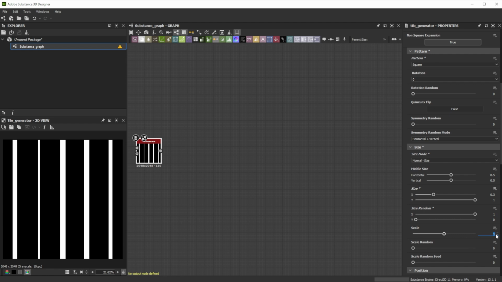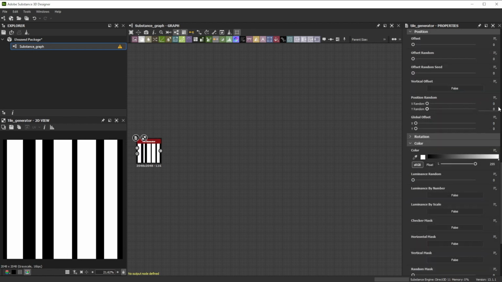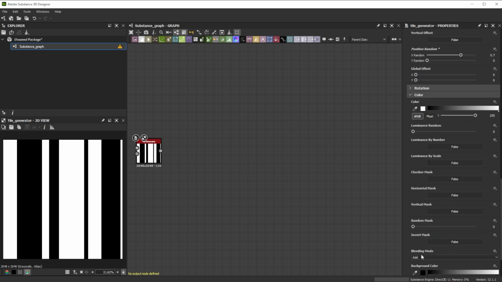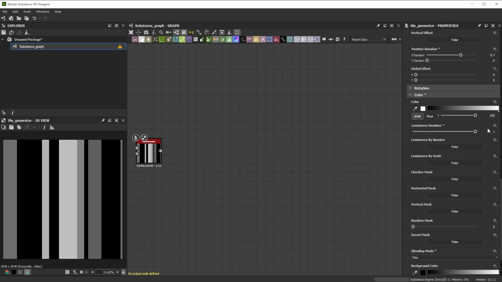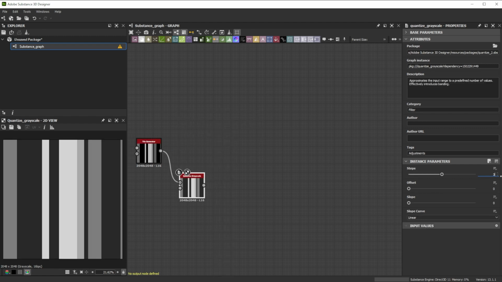Increase the scale to 3.5 for overlapping shapes and introduce some randomness with a position random x value of 0.7. To get nice overlapping shapes with different grayscale values, we switch the blending mode to max and increase luminance random to 1. Next, add a quantize grayscale node with 3 steps for a pattern with 3 colors and forward it